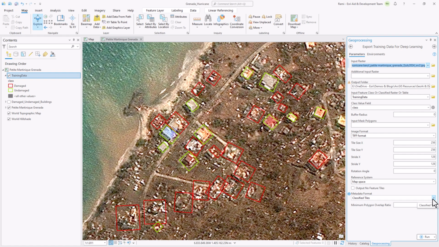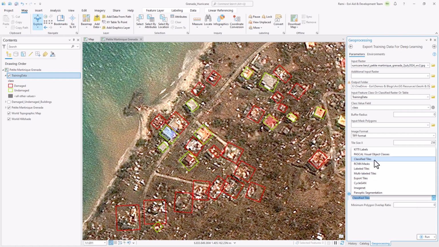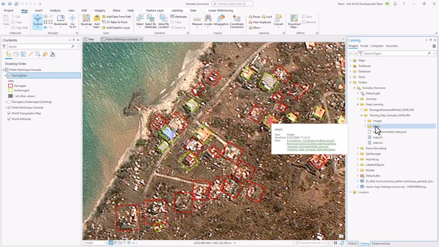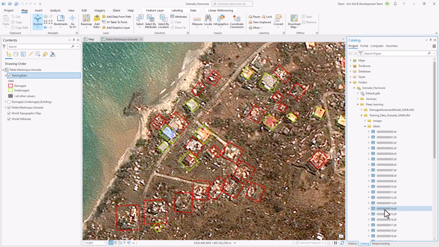Finally, one of the very important things to keep in mind is the metadata format, and I'm using classified tiles because this is the essential metadata labeling that will be used with training deep learning models. I'm going to go to my catalog and then expand my folders, look into my deep learning, and this is the training data I've exported. To have an idea, I'm just going to